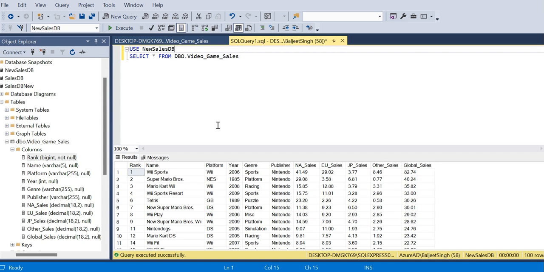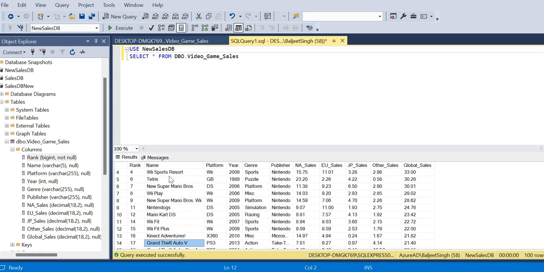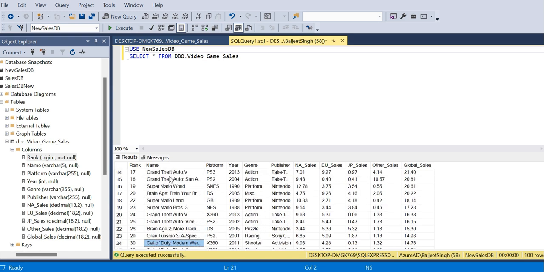So what I will do, I will replace the select query with select all of the data from video game sales and then restrict it to just any one game. Let's say the name of the game is, there are multiple names.